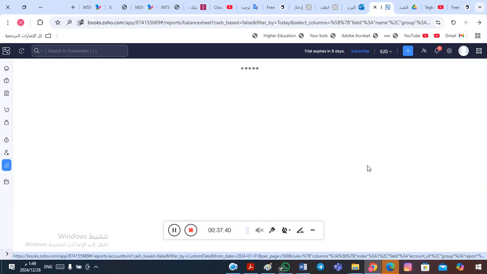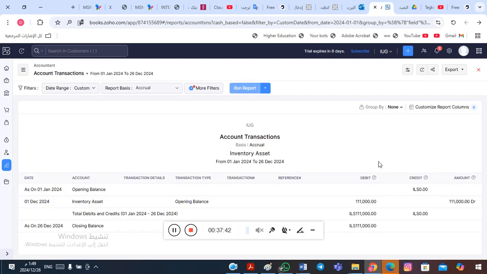If you click on this, the details will be explained here. We have opening balances, inventory assets, opening balances, this amount, and if you click this, you will get details,